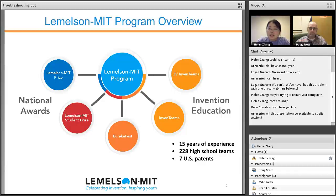And throughout the years, we have worked with over 200 high school teams, and 7 of them have been awarded with US patent. A lot of them are now in the process of applying for US patent. As you know, patents typically take a few years for you to get it. And lots of our students have presented their work at the White House Science Fair and also other local or national or state level conferences like science fairs or maker